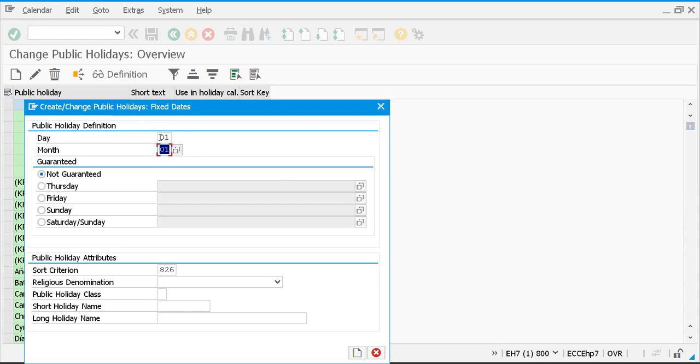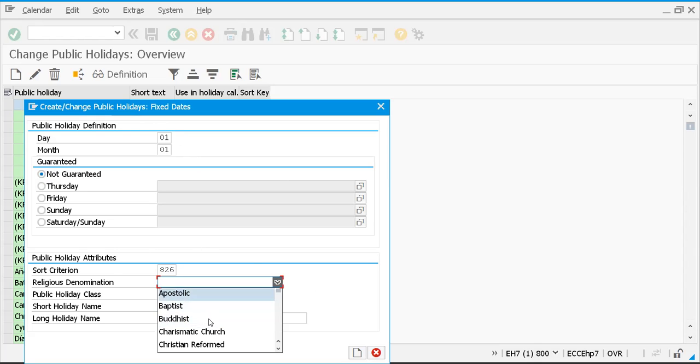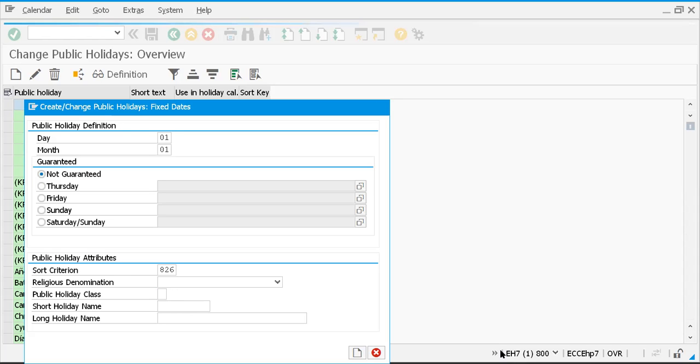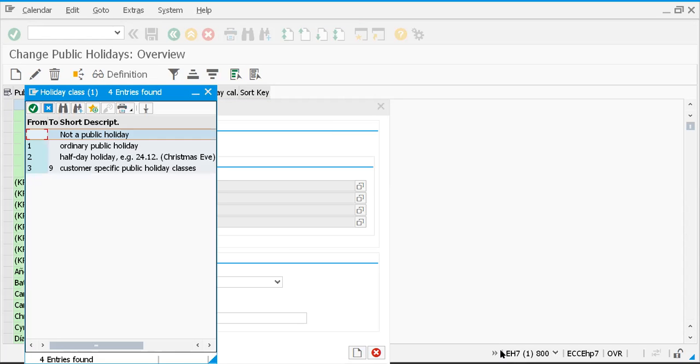For example, January 1st, if it is specific to a religious holiday like Christian or Muslim or Hindu or Jain or Parsi, if it is related to that, you have the option of selecting Buddhist, Baptist, or whatever. I'm keeping it blank because it's not specific to any religion. Public holiday class, you have three types of public holidays: blank, not a public holiday; one, ordinary public holiday;